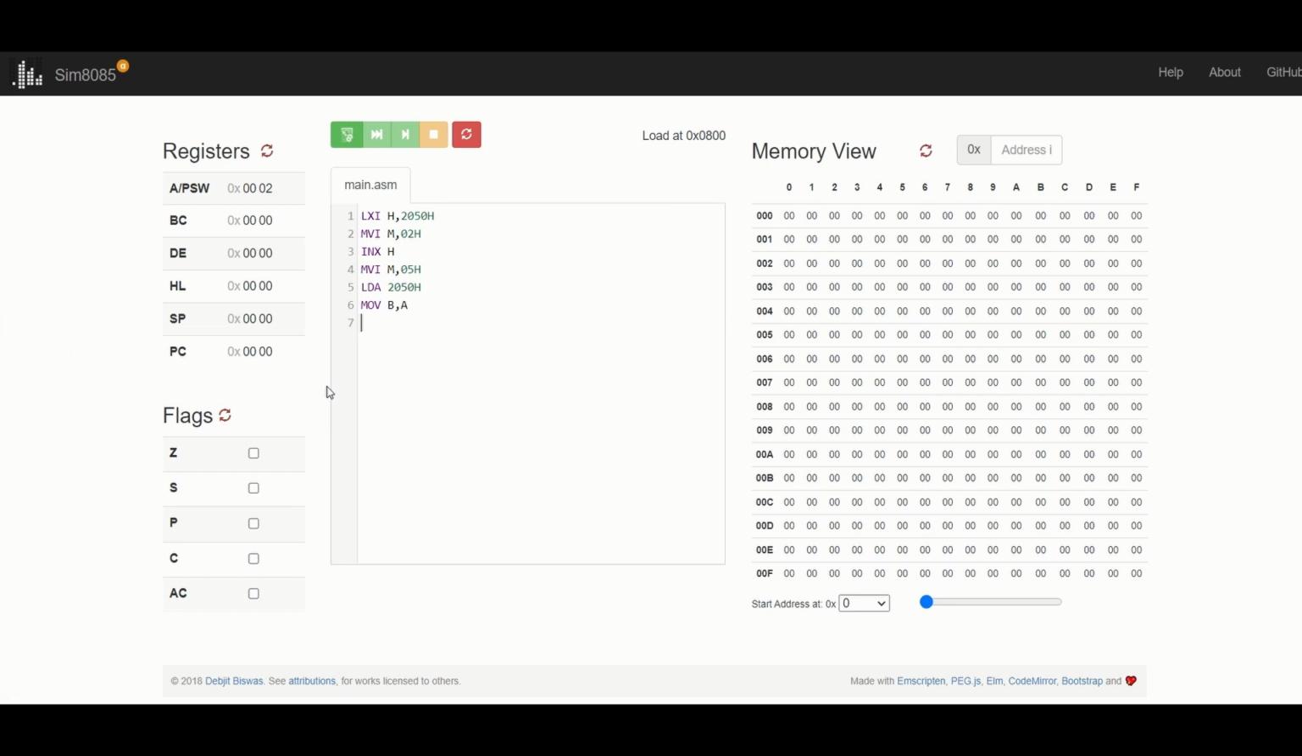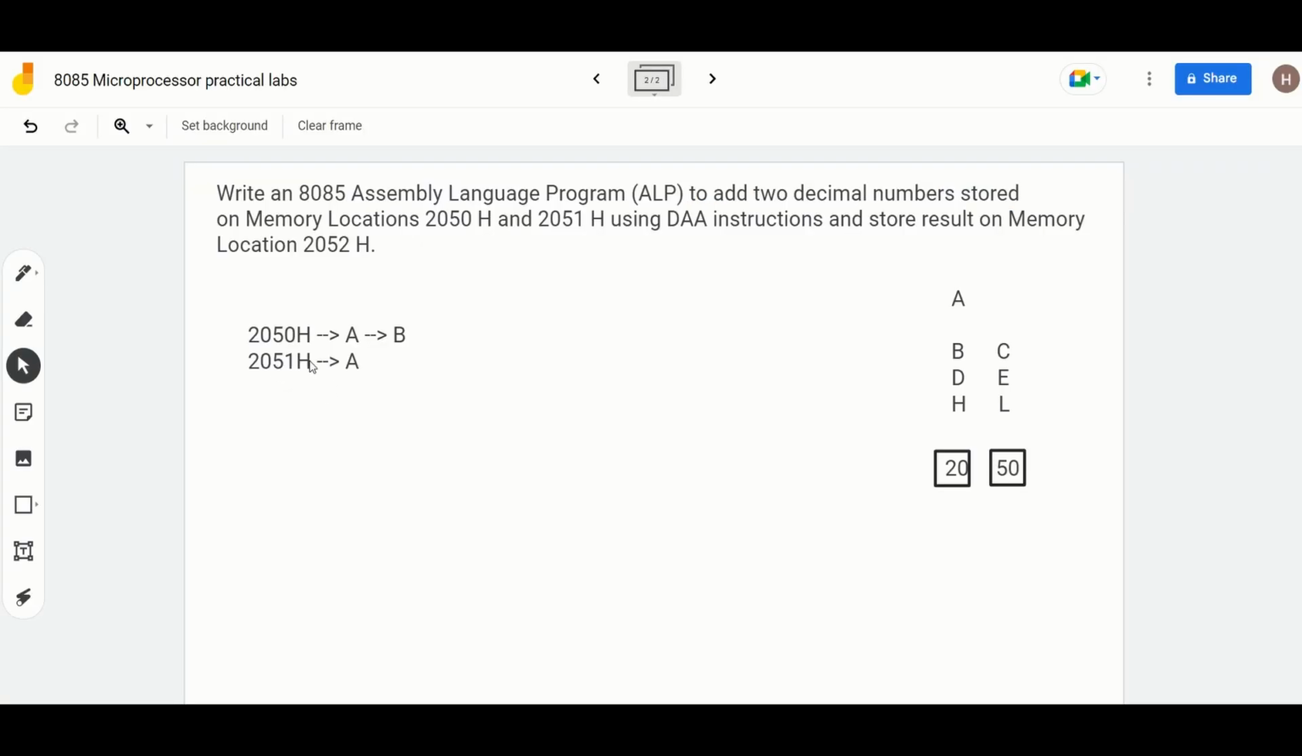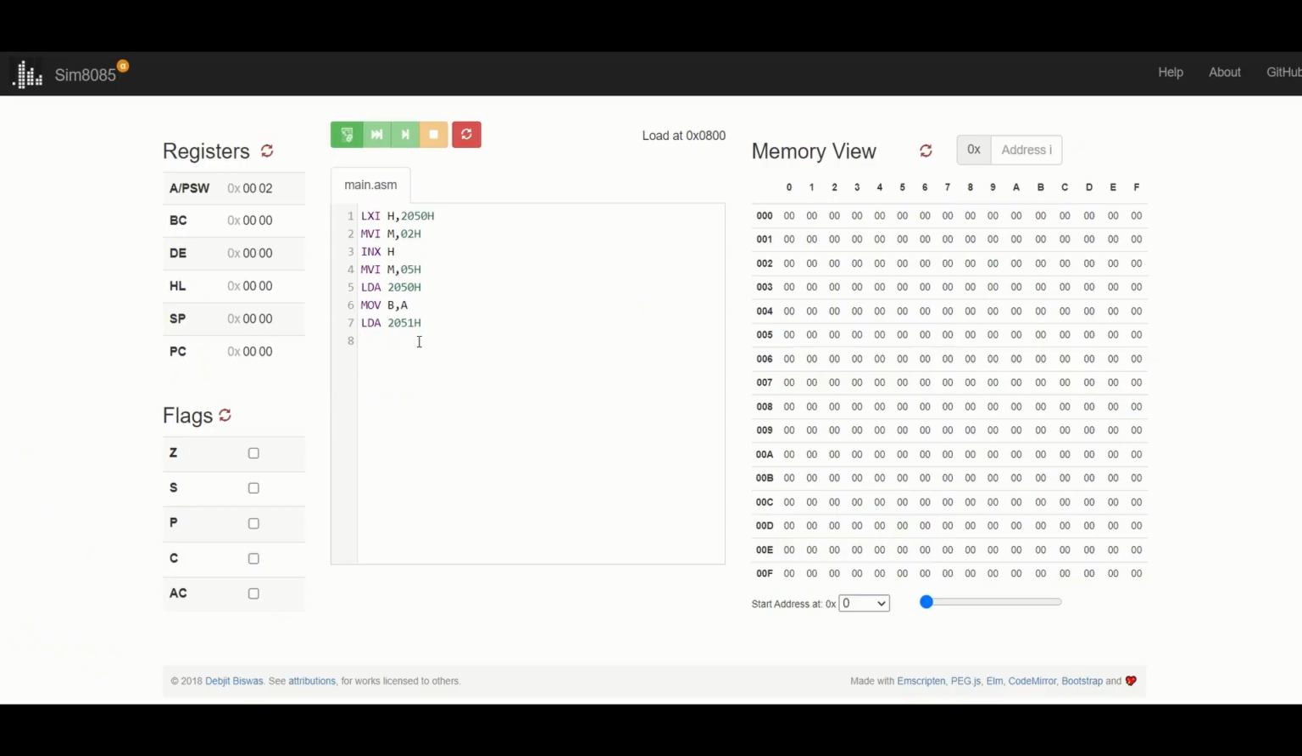To do that, I'm writing LDA 2051H. अब दोनों values मुझे जहां चाहिए थी वहां मिल गई, एक वैल्यू रजिस्टर बी में, दूसरी वैल्यू रजिस्टर ए में। Now I have both of them wherever I wanted them to be. So simply मैं एडिशन करूंगा दोनों का, writing ADD B, because एक नंबर एक्यूमुलेटर में है, जो नंबर एक्यूमुलेटर में होता है वो बाय डिफॉल्ट ऐड होता है with the register you mention. So रजिस्टर बी में जो वैल्यू है that will be added into register A,